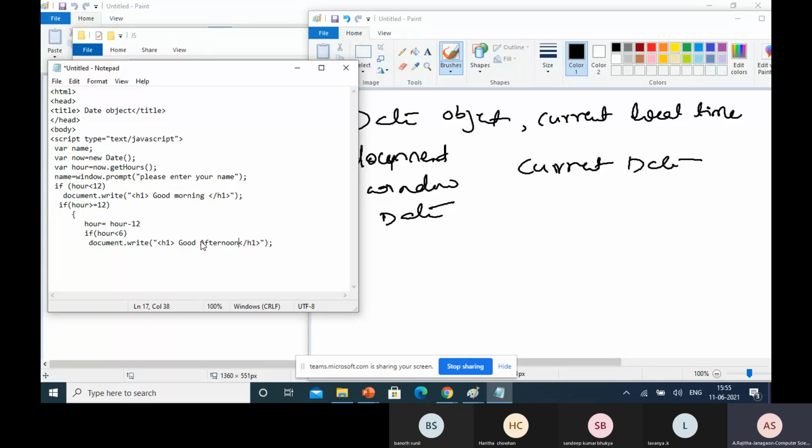Then next, if hour greater than or equal to 6, good evening.